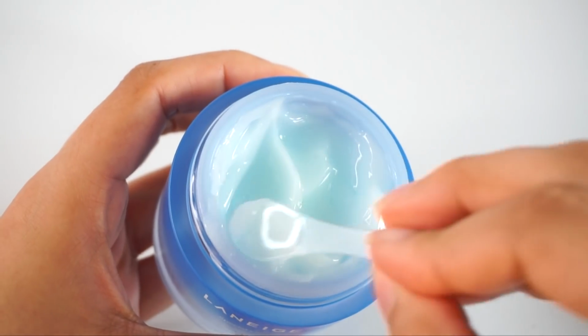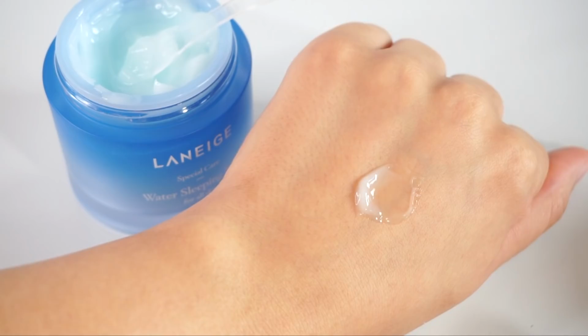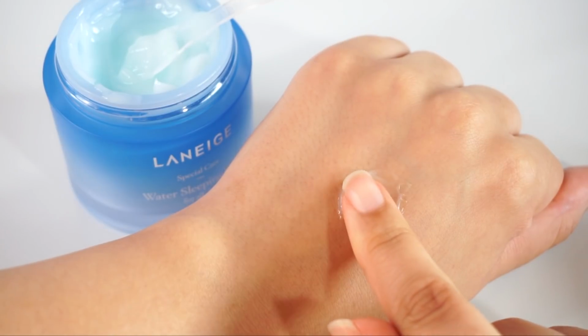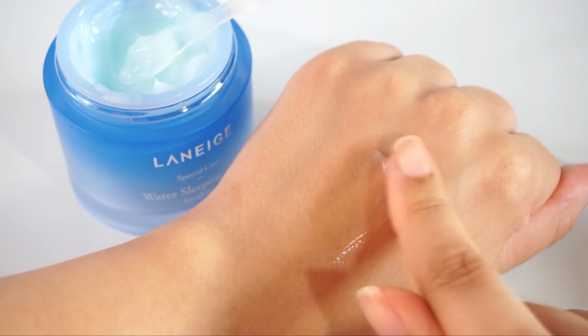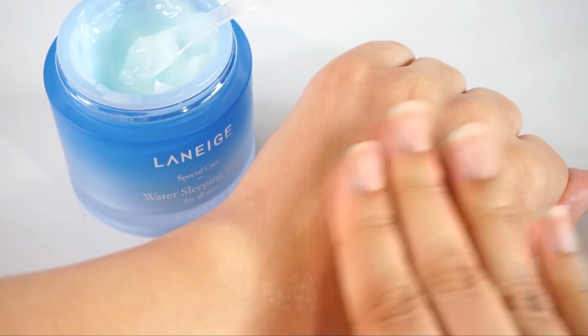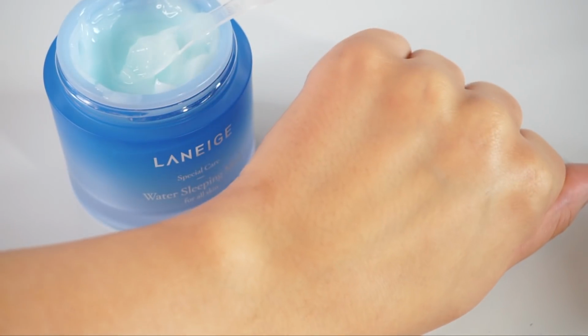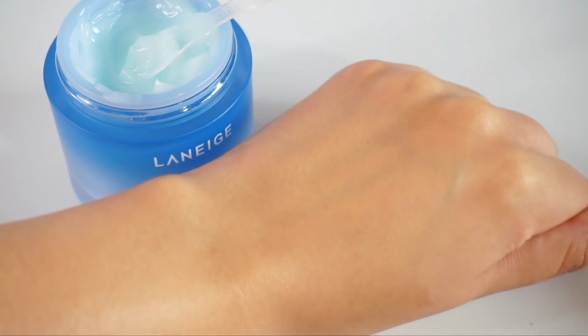Texture-wise, this is such a nice texture. It really is a nice texture. It is a very lightweight, watery gel texture that just spreads across your skin really quickly, absorbs really quickly, and on application, it definitely does feel like a drink of water for your skin. It feels very watery on application and hydrating. As far as my experience with this one,